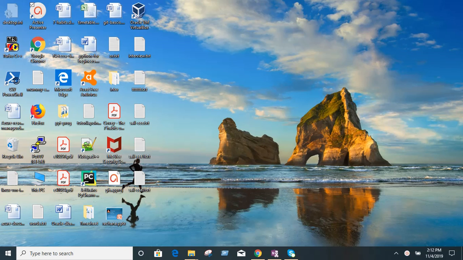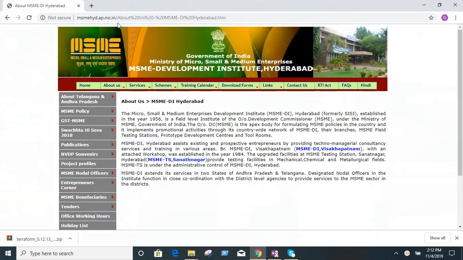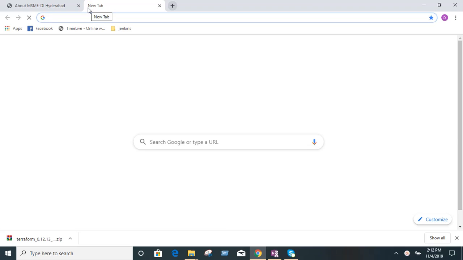Hi friends, today I'm going to explain how to install Terraform on a Windows PC. In order to install Terraform, first go to the website